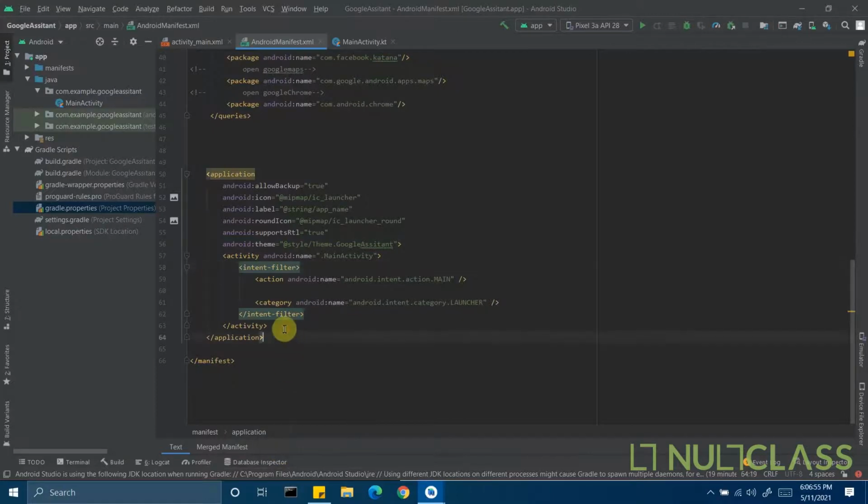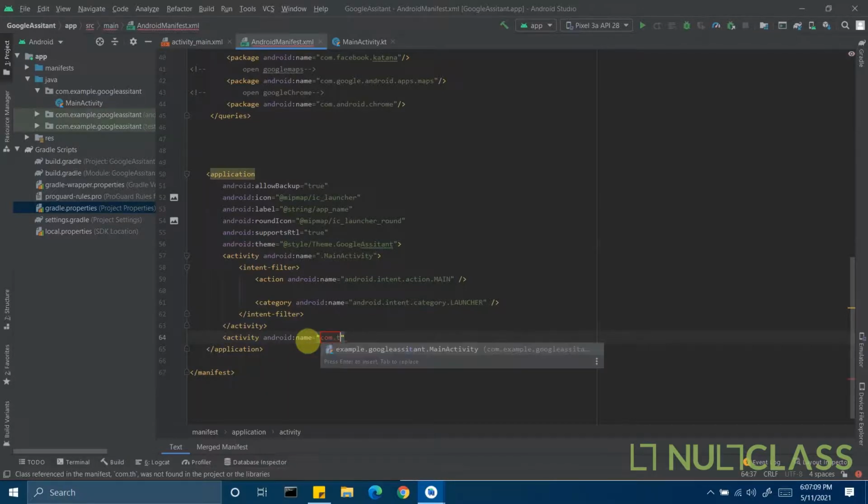Okay, for now let us just, inside application, type here activity, and I give the activity name as com dot theartofdev dot edmodo